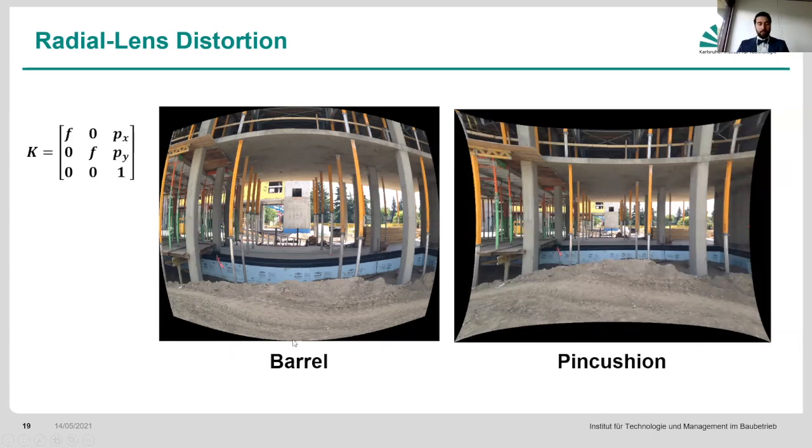Regardless of what it is, you have particular terms for radial lens distortion. It's mathematical there. I'm not going to go into the details about the mathematics, but there are various topics that you can actually go through, particularly in photogrammetry and calibration. What we want is to be able to find the terms for radial lens distortion in order to undistort the image from either this barrel or this pincushion, and to extract our remaining camera parameters, which is F and PX